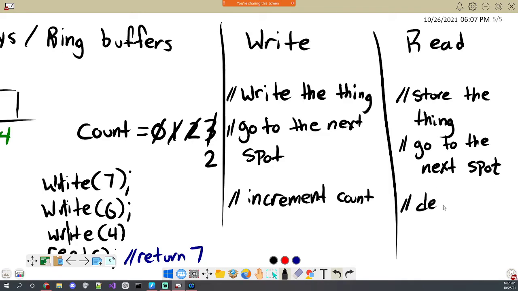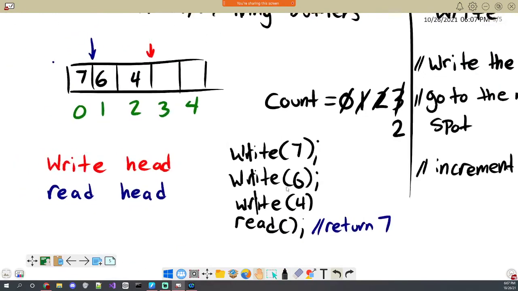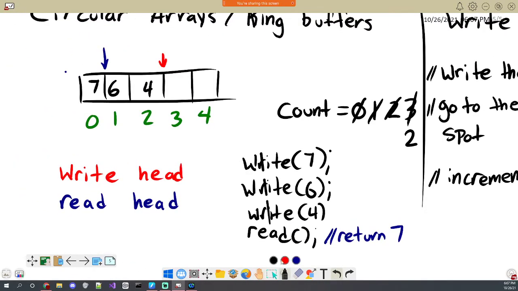Decrement the count, since we are going to have read something from it, and then it will return the copy. So the purpose of this really is just to create an elastic array. Before this read, we had an array that had 7, 6, and 4 in it, and after the read, we've essentially simulated an easy way to do an array where we've gone past the 7 and now it's just 6